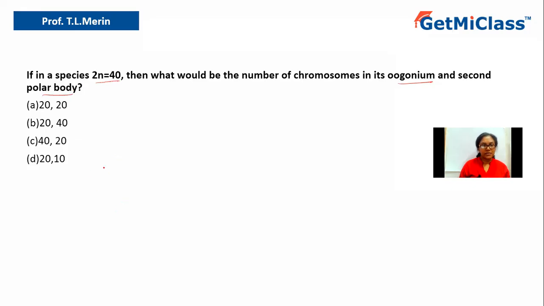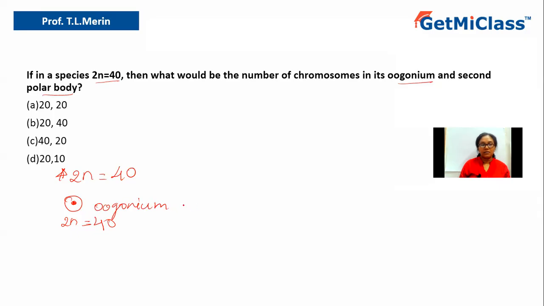Okay, so in a species, what are they talking about? They're talking about 2n, that is the diploid number is 40. And what is the number of chromosomes in the oogonium, and then they're talking about a second polar body. So how is the second polar body formed? Let us see that. In the ovary, we have cells which are called oogonial cells, and a single oogonial cell is called the oogonium. It is diploid in nature, so it is also 2n. So the 2n number here will be 40. So the number of chromosomes in case of oogonium